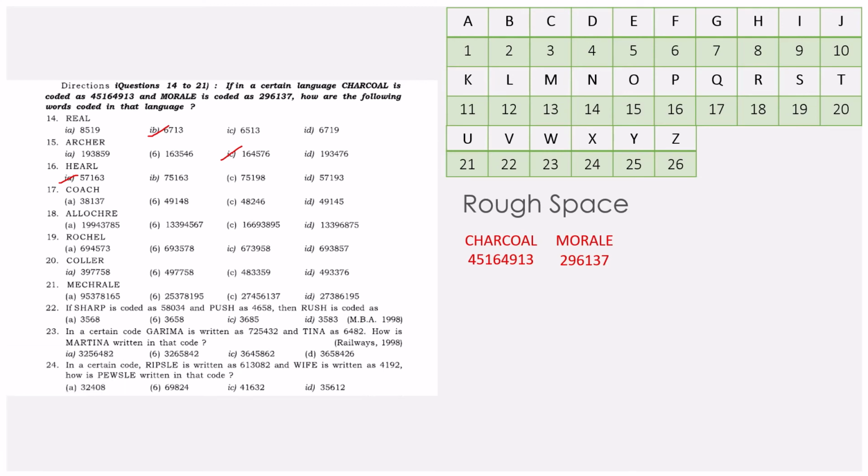COACH. So let me teach you how to eliminate options. Here C and C are same, right? 3 and 3 are same, 4 and 4 are same. So the majority of the options have 4 and 4 at the beginning and the end. So option A is eliminated. You have to go like this most of the time. Or if you get any doubt in between, just check for one thing and you will get everything else.